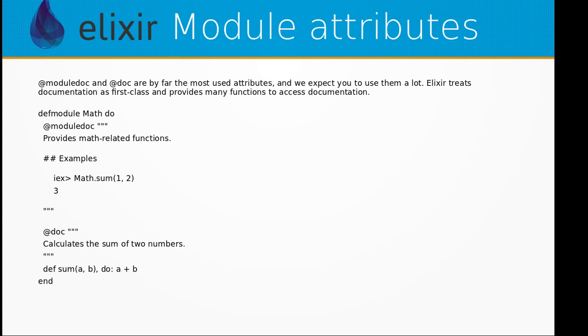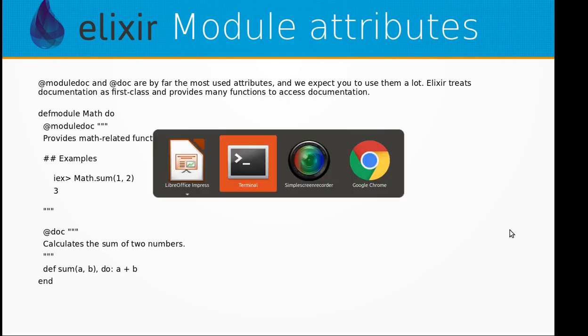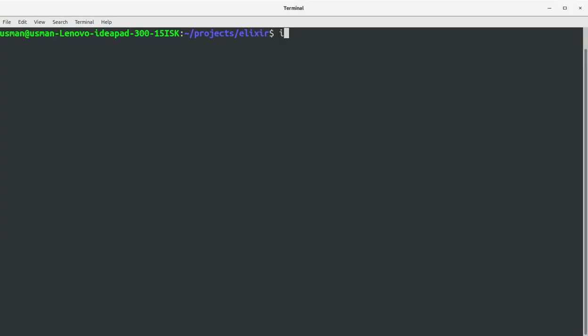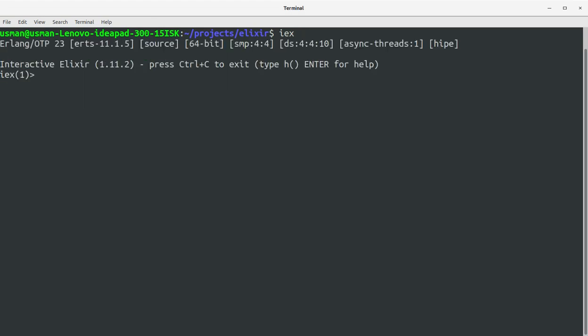@moduledoc and @doc are by far the most used attributes, and we expect to use them a lot. Elixir treats documentation as first class and provides many functions to access documentation. So if you look at this example of the Math module, we're going to create that module, and let's go enter the interactive mode of Elixir. defmodule Math do